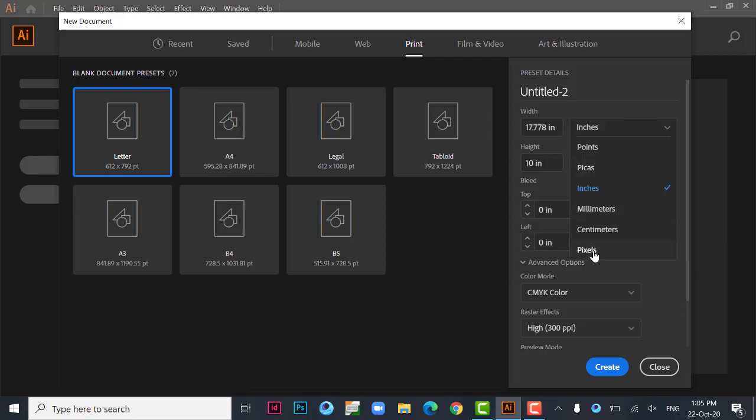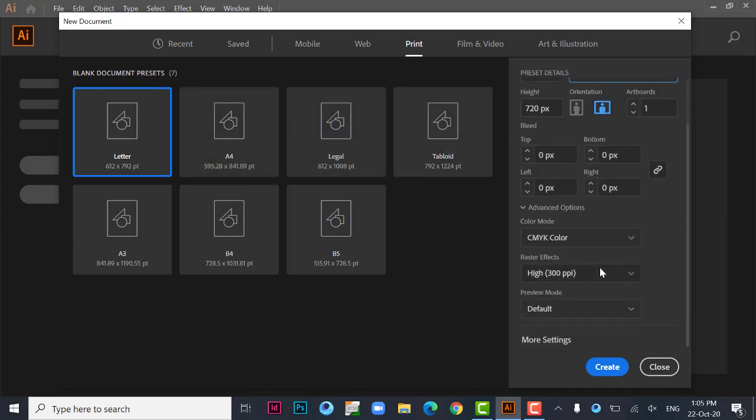So just go to pixels and your document will be created in pixels. Then if you need to create a CMYK document, then you need to choose 300 ppi to get high quality results. And if you need an RGB document, then you need to choose 72 ppi.